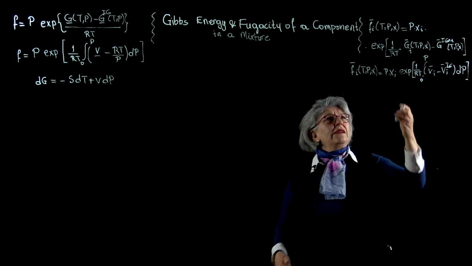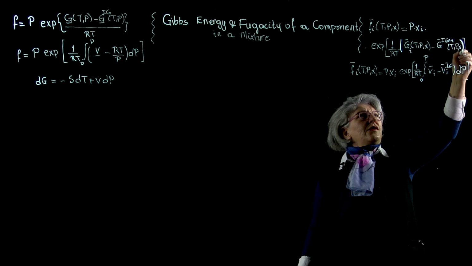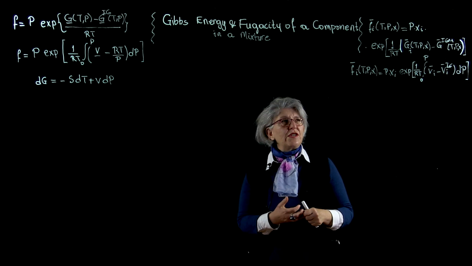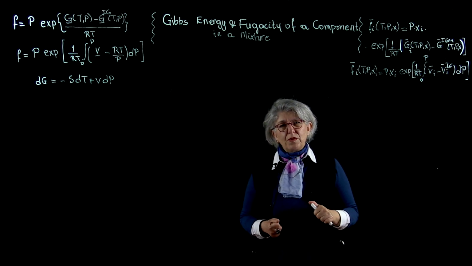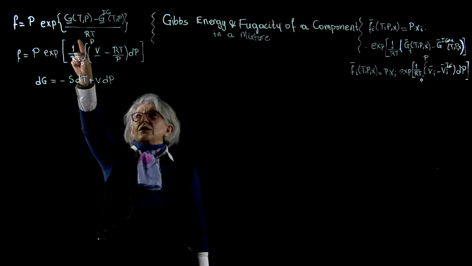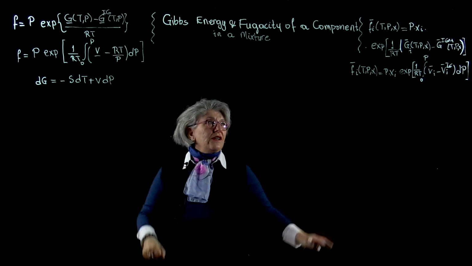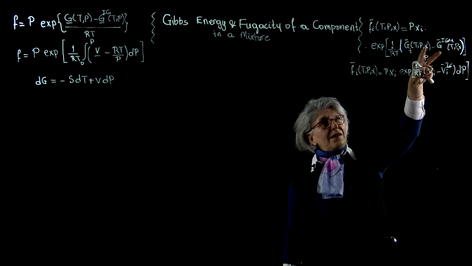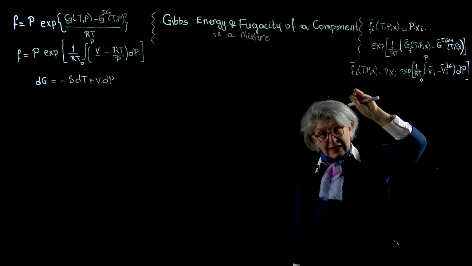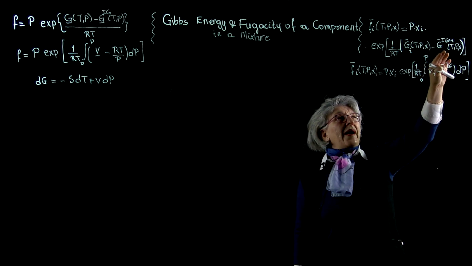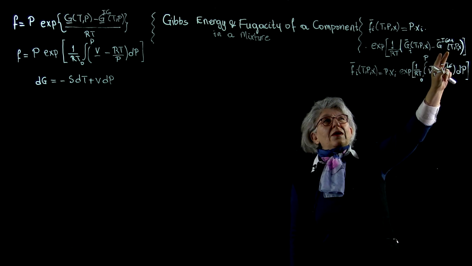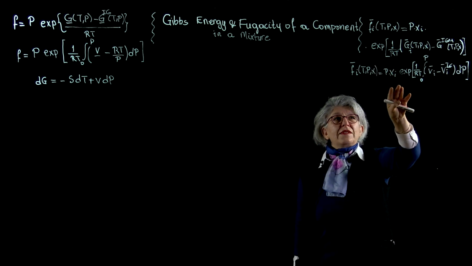1 over RT, the difference between the Gibbs free energy of those components in a mixture subtracted from the corresponding ideal gas mixture. All right, so the general definition is retained. It's the difference between the Gibbs free energy of the component in the mixture minus its counterpart in the ideal gas mixture. All right, and of course this simplifies to